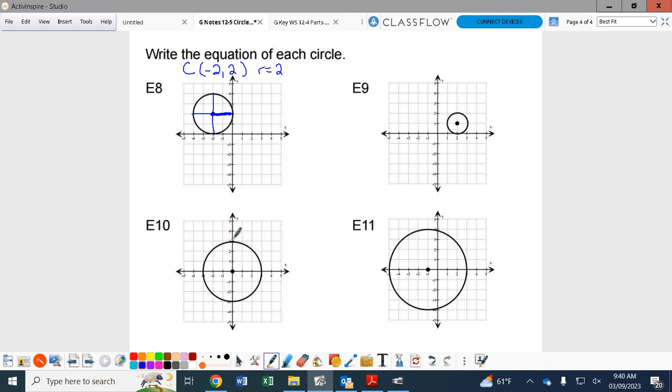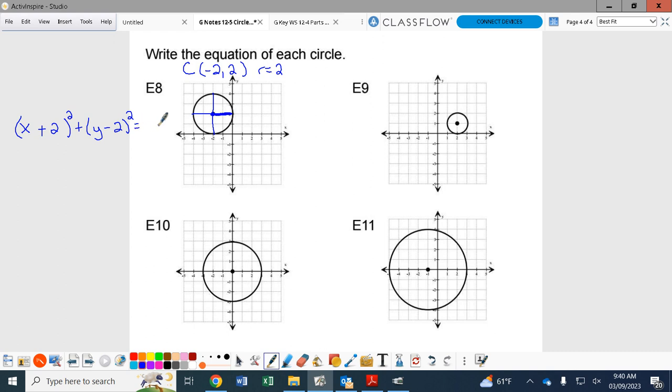Okay, now that we have the center and the radius, we should be able to write the equation for this problem. To write the equation, we're going to write x. The biggest thing here is, is it +2 or -2 when I write it in the equation? Plus. It's always the opposite. So x plus 2 squared, plus, since that's a positive 2 over here, y minus 2 squared